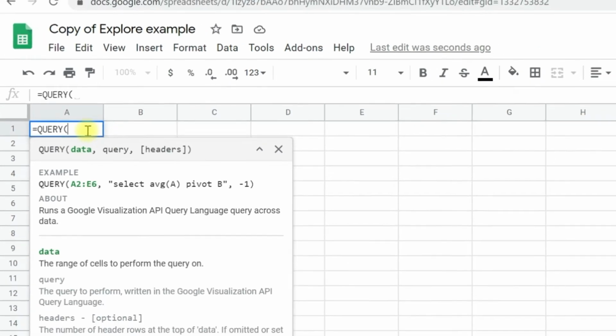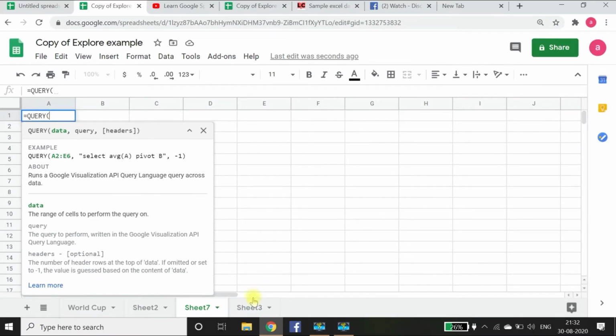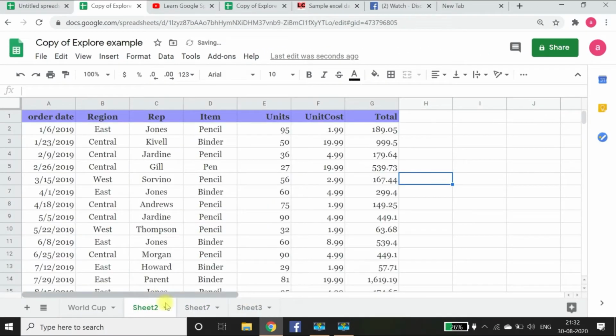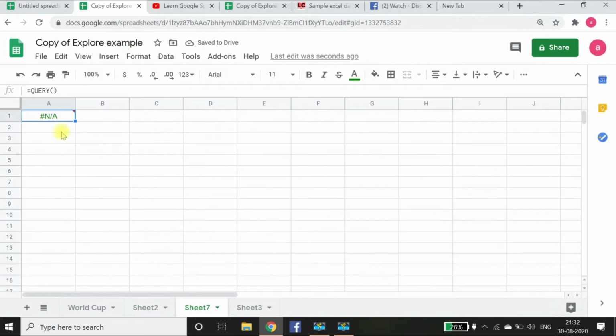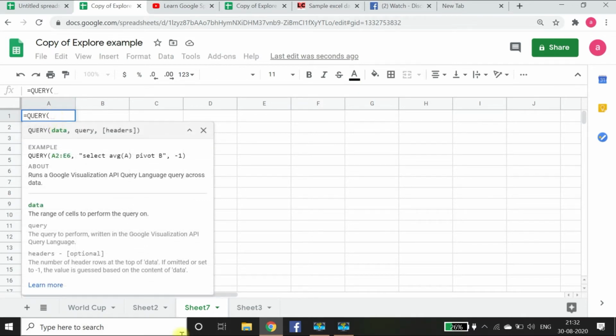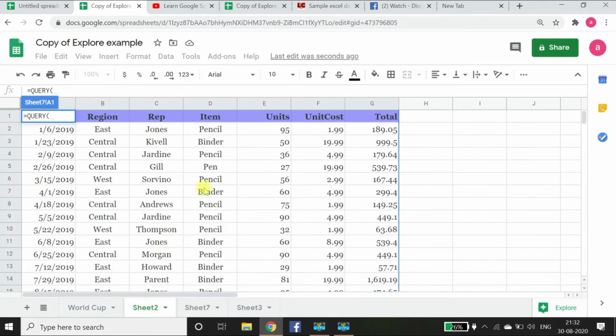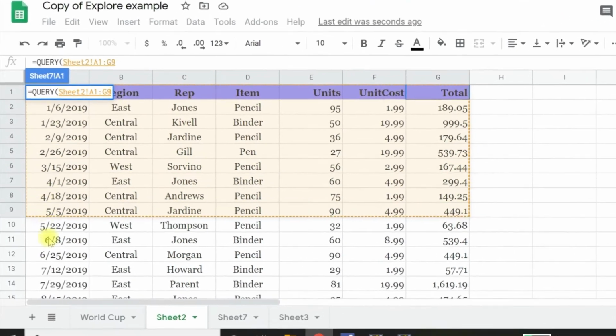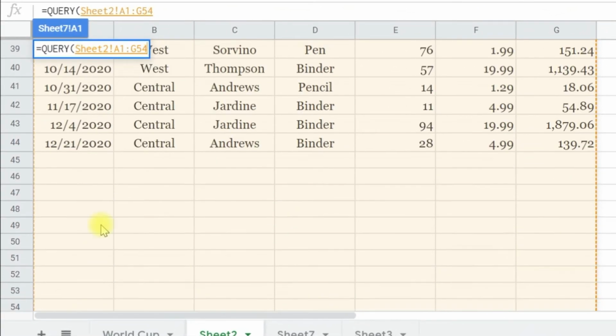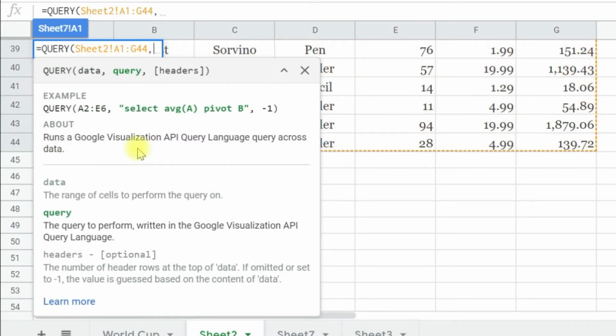Sorry, we'll go back to the formula, press query, and go back to C2. Now from the right-hand side we'll select the data, the first entry of the query function, and then we'll apply a comma to put the second entry.